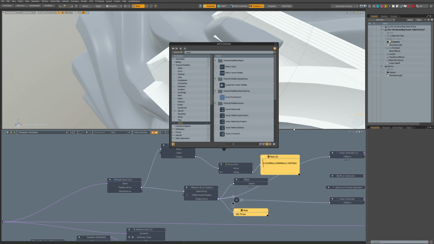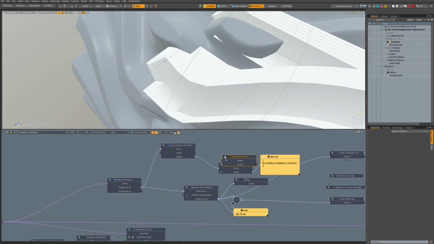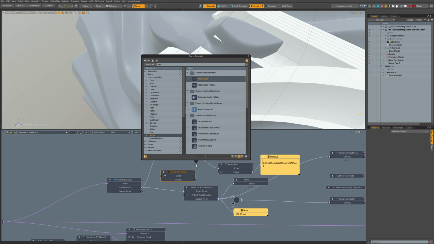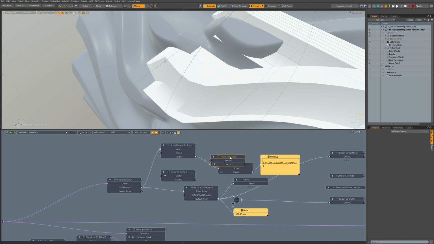Let's look. Sorry if this takes time. I think it's vector to vector 3. Not sure. Oh no, it's not that. It's vector 3 to vector. Is there such a thing? Yes, here.